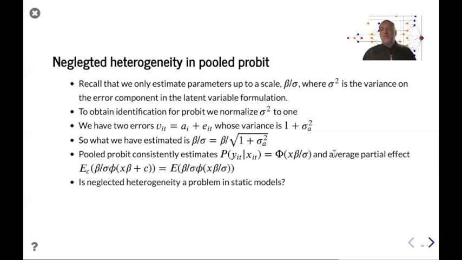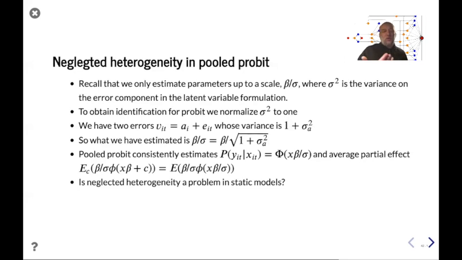But then the average partial effect, well, that is actually this here. If you put plus C in here and plus C in here and take the derivative, you're going to get this, where with this C here, sigma is actually equal to this term here. And it turns out that once you average over that component C, you get the average partial effect, averaged over the distribution of the unobserved effects, which is usually what we want. So this is pretty nice, actually. The pooled probit